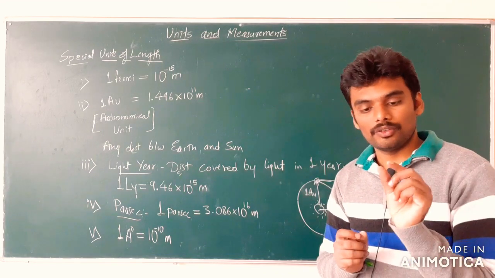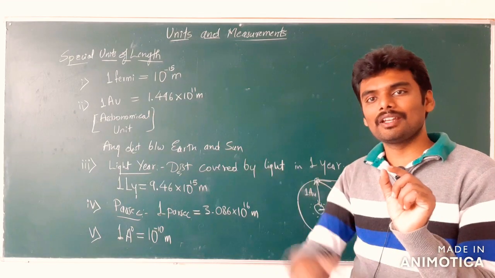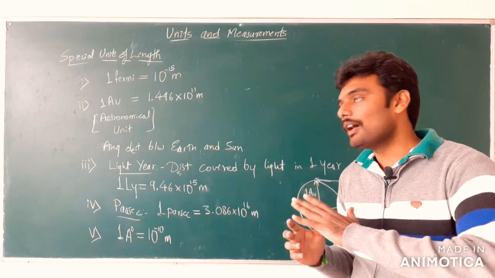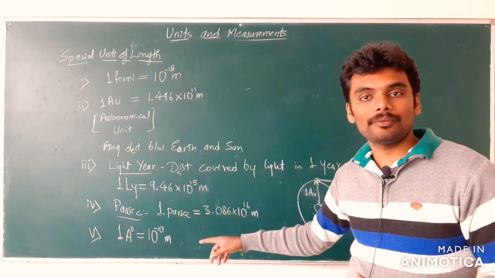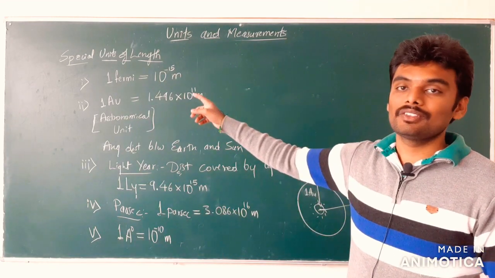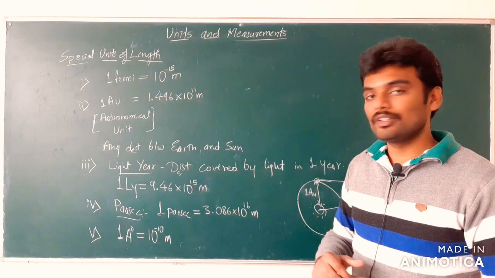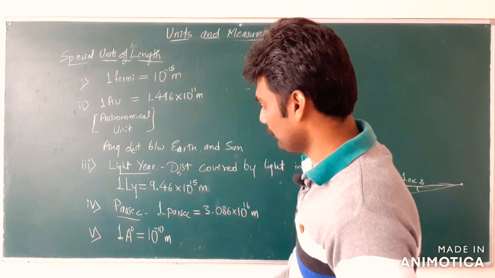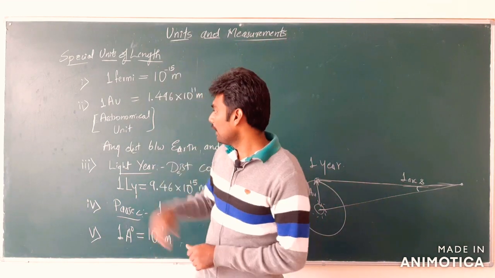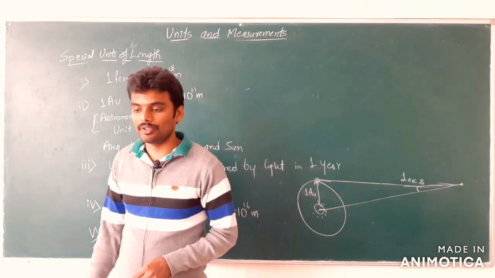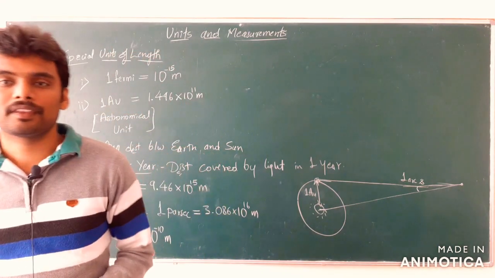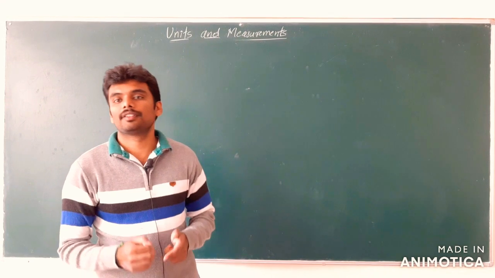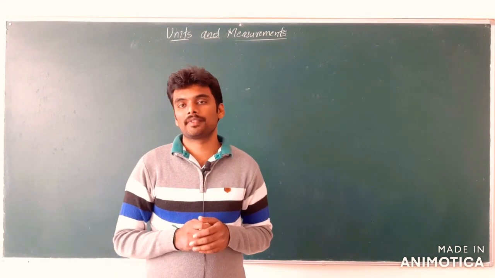See, the nucleus is still smaller when we consider the entire atom. Size of atoms and molecules are expressed in terms of angstrom. Size of nucleus is expressed in terms of Fermi. That is the use of the different units that we have, and this is the list of special units for length. So this finishes the measurement of length.